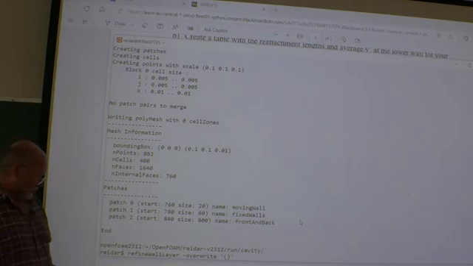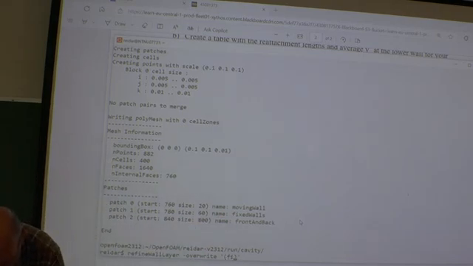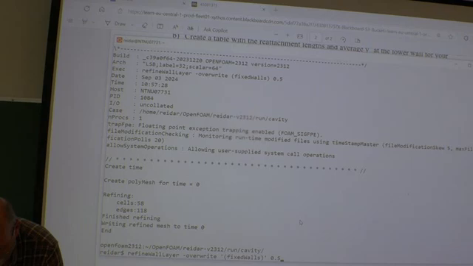Let's choose only the fixed walls. Fixed walls. Like that. And now again, let's do the same. 0.5, 0.5, and then I run it once more. 0.5, 0.5. Okay, let's have a look at the mesh.